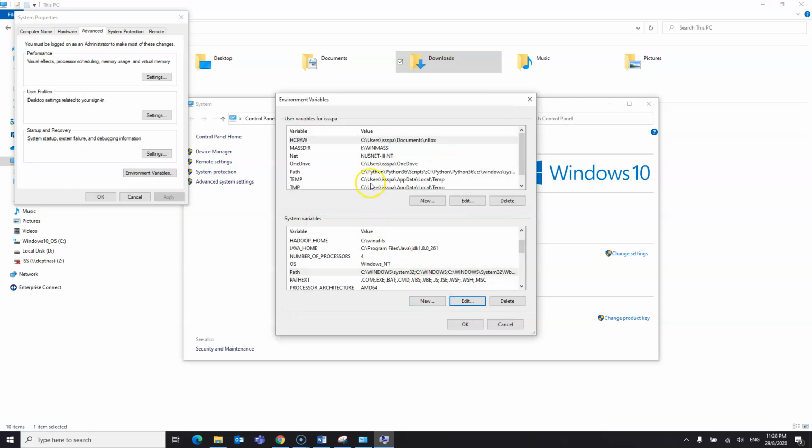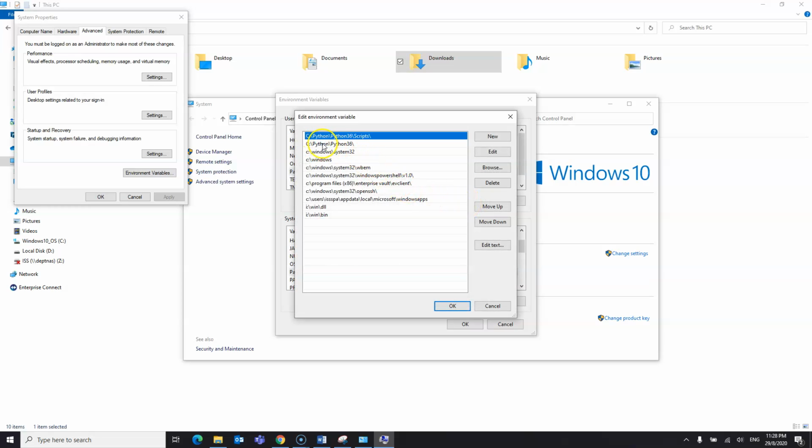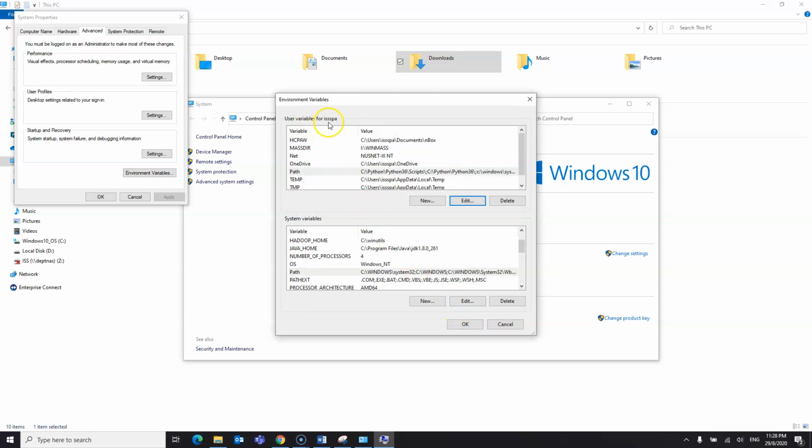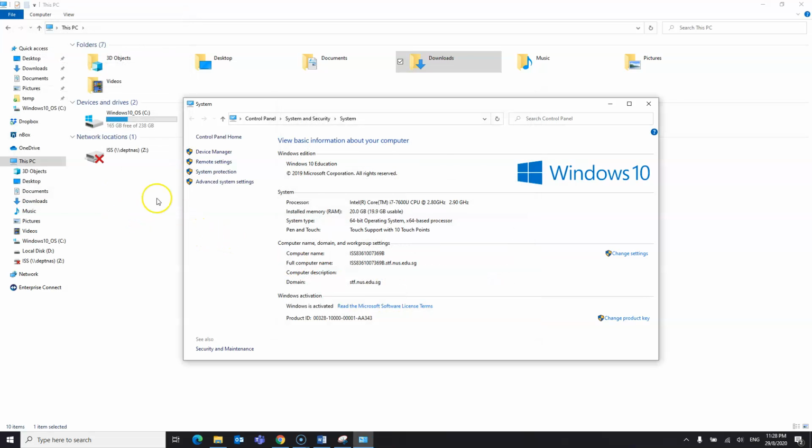So let's check if it's inside this path. Yeah, it's there, you see. So you can see that Python 3.6 is already inside, even the Scripts folder is inside. That should basically help you, but it has been put in as a user variable. So I don't think that's a big issue. So let's